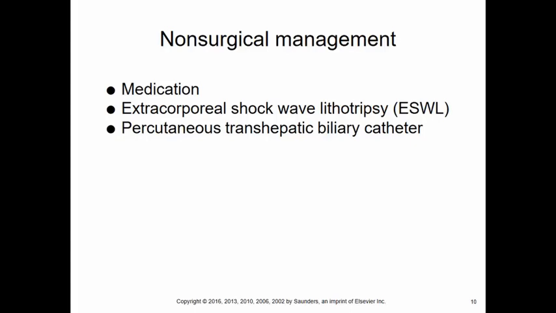Ketorolac is an NSAID that can be used for inflammation, but like all other NSAIDs, it could cause GI bleeding, so we need to be cautious with that. Antiemetics are probable with patients who have cholecystitis. Antibiotics are possible, and a small percentage of people with gallstones can use a bile acid dissolution agent